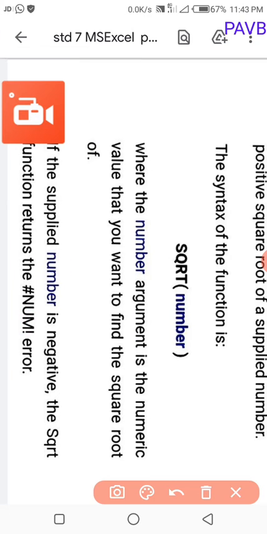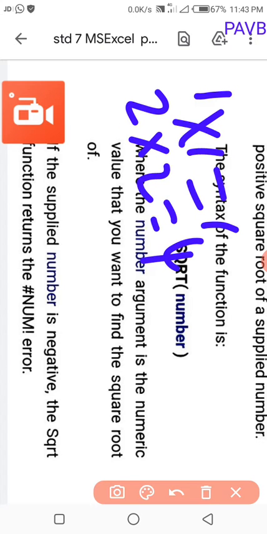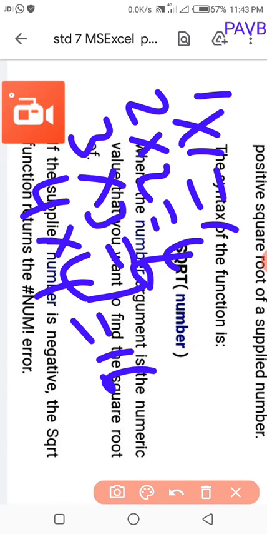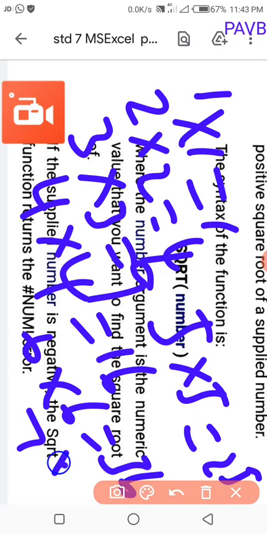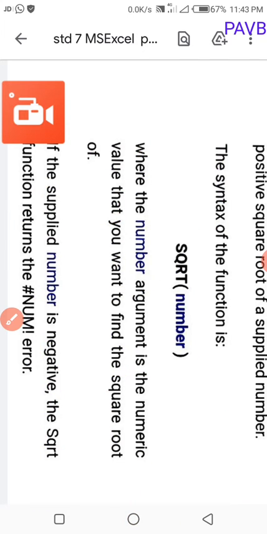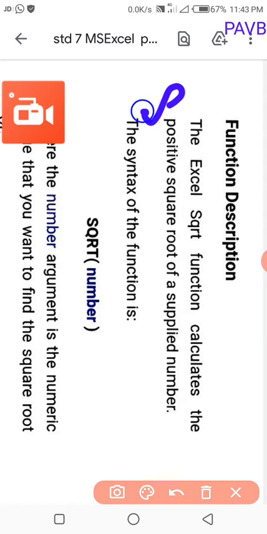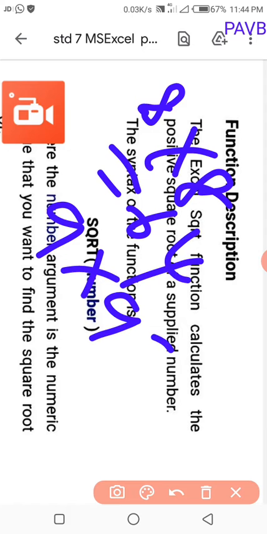For example, 1 one is 1, 2 twos are 4, 3 threes are 9, 4 fours are 16, 5 fives are 25, 6 sixes are 36, 7 sevens are 49, 8 eights are 64, 9 nines are 81, 10 tens are 100.